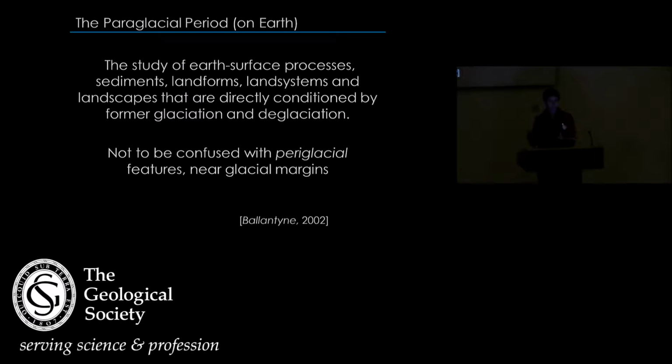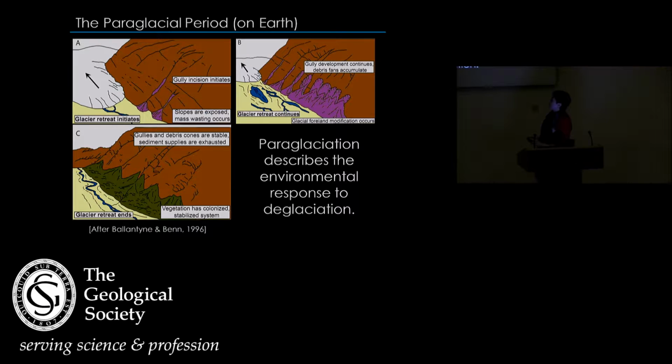So this response to deglaciation is broadly described as periglacial, not to be confused with paraglacial, which is features or conditions near glacial margins. There's also proglacial, so they're all pronounced around the same way. This is periglacial. So to go in a little bit more detail, the periglacial period itself works by first having